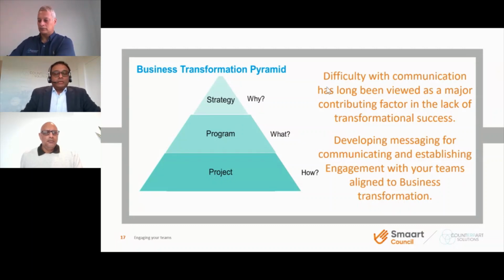Thanks, Wayne. So thus far, we've spoken about the strategy, what's required as part of strategy, what's the business case, how are we going to select a solution, how do we implement a solution, big bang versus piecemeal. But all of this requires business engagement. Engaging the teams before, during, and after the project is essential for the success. Effective team engagement is something that's required all the way through change management and fostering a culture of continuous improvement